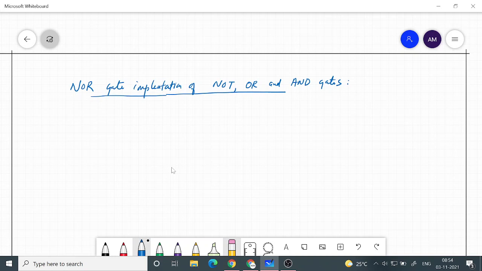What you do, you look at the NOR gate truth table just like we looked at the NAND gate truth table. So you have 0 0, you have 1, and then 0 1 will have 0, and then 1 0 you will have 0, 1 1 you will have 0. So this is the NOR truth table.